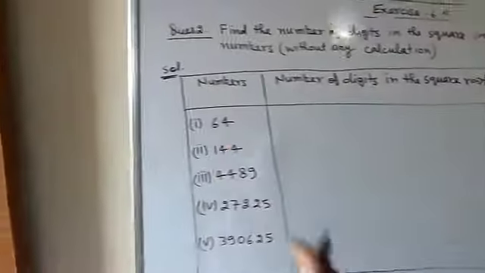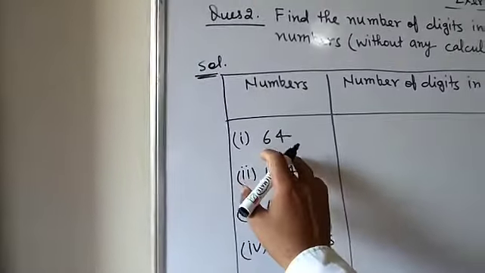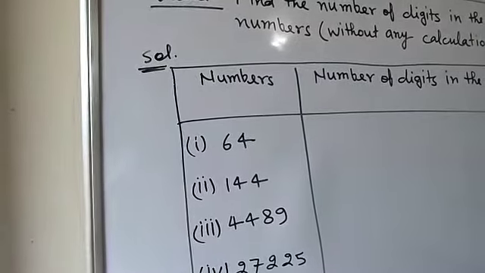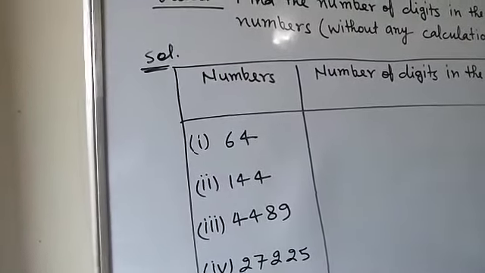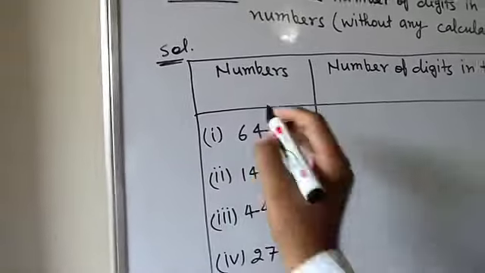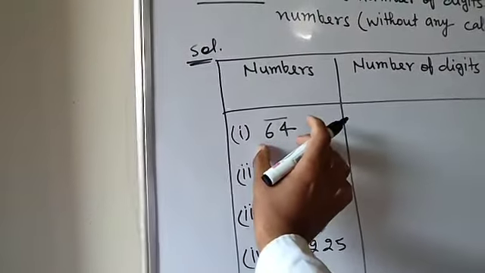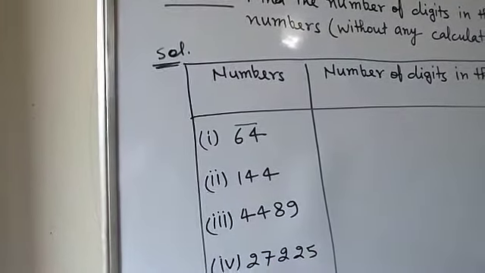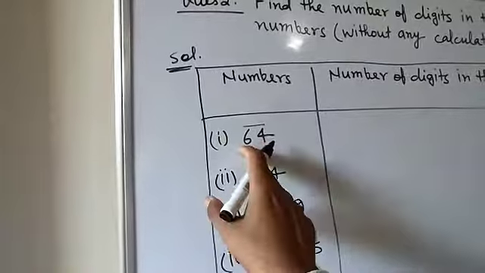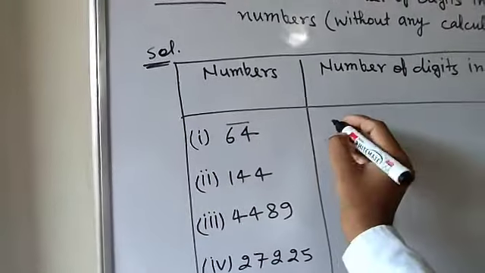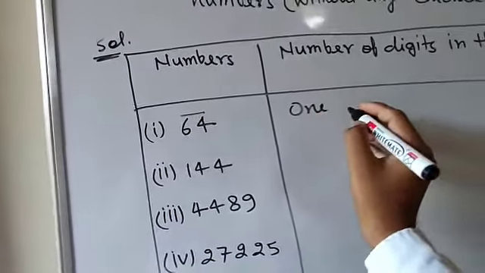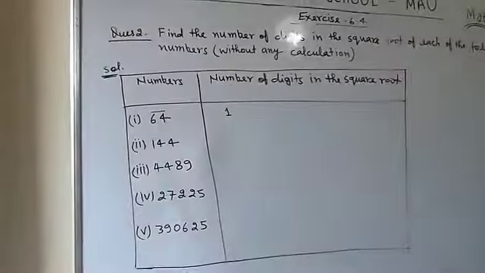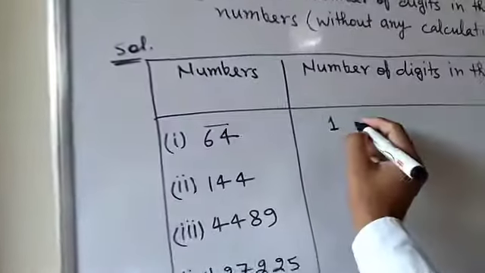So here, whatever number is given, you need to make the pairing of that number just like the process which you applied in question number 1. Whatever pairing method you applied, you make the pairs of the number from the right side. So here, if I make the pairing, only one pair is there. Whatever the number of pairs is, that will be the number of digits in the square root of the number. Here 64, only 2 digits are there, that is one pair. So there will be 1 digit. You can write 1 digit.